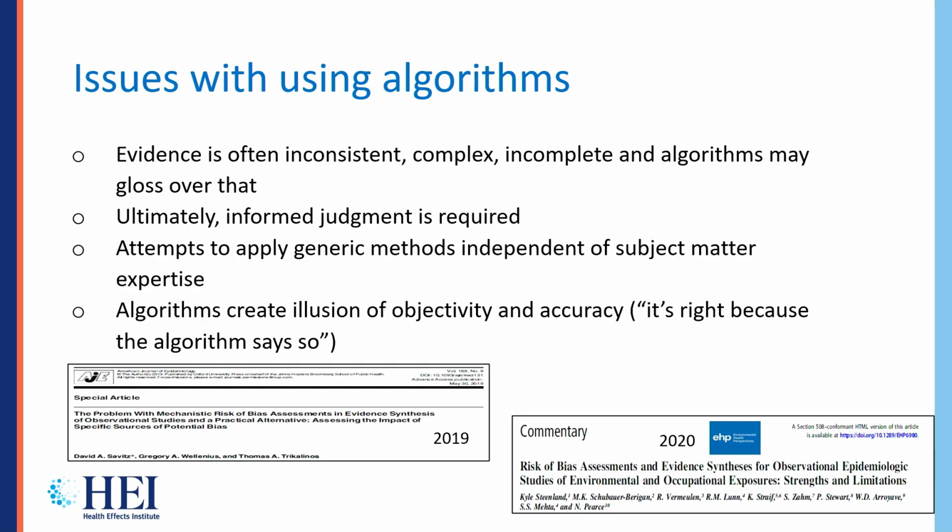These are a few specific bullet points, but I'll talk more generally about it. I think it can present this sort of illusion that it's not ultimately a judgment at the end. It leads to this kind of a claim that the answer is right because it's a good algorithm and it told me what the answer was. And it tries to do that in a way that I think is not as transparent, since I think judgment is ultimately always needed at the end.